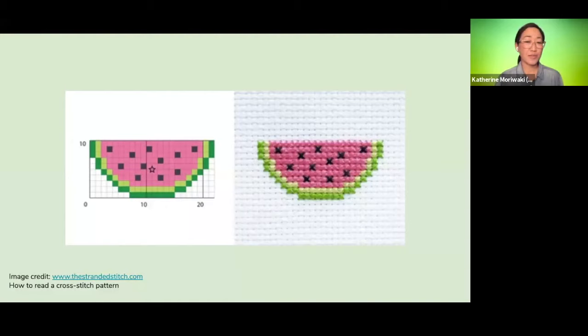And here we have an example of cross-stitching. What's happening here is a pattern for basically how to create a little watermelon icon. In this case, you have a certain kind of stitch. It's a cross stitch. You do it over and over and over again until a certain condition is met, either a number of stitches across or a series of stitches in a particular pattern. And once those number of stitches have been achieved, you stop and you'd go on to the rest of the pattern. This functions really similarly in terms of how programming loops operate.